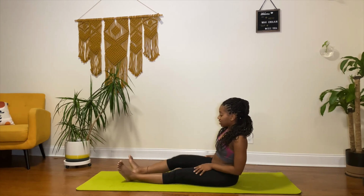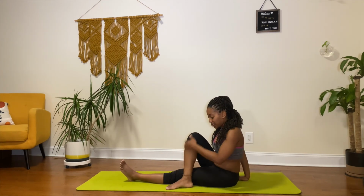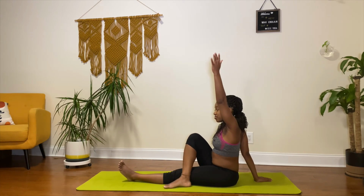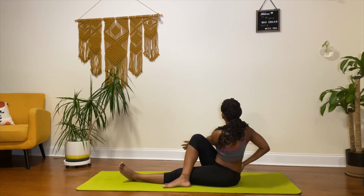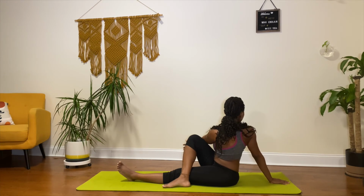So we're going to now bend this right leg and put it over our left, keeping it straight up. And you can either have this leg straight or bent. I'm going to keep it straight. And then lifting up this arm, left arm up and over as I'm twisting on a diagonal. And then placing this right arm in the back to really support me while I'm keeping my back up and having that twist. And then looking behind that back arm and holding this for 3, 2,